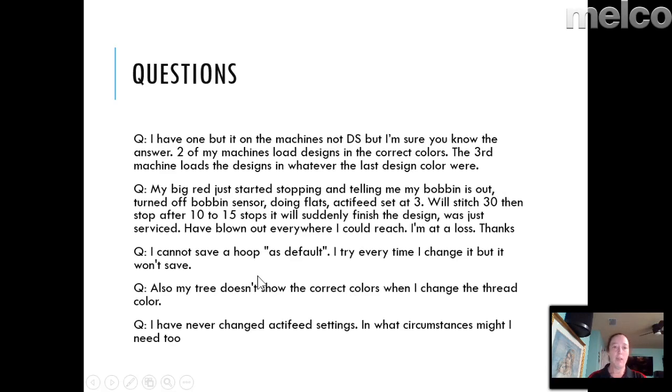I have one, but let's see. 2 of my machines load designs in the correct colors. The third loads the design and whatever the last colors were. I'm not sure, are you using auto coloring when you're loading it to the machine? If you are, you want to make sure that